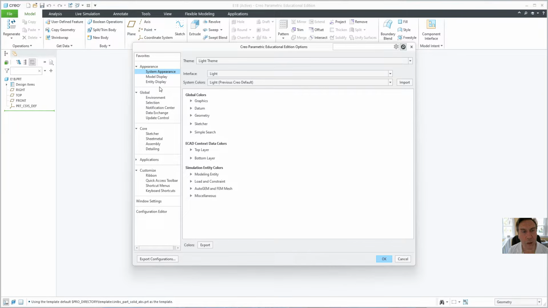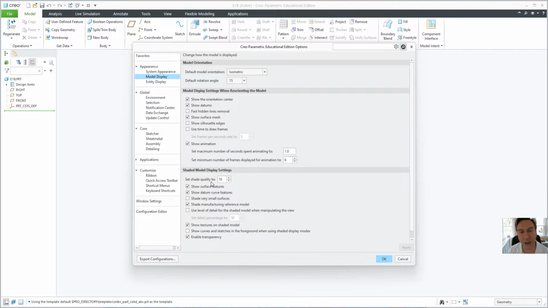Okay. Also, model display. Here you can set your quality if you have a very good graphics card, like a good gaming graphics card. Creo seems to really like NVIDIA's processors, especially CUDA cores. You could utilize those for its rendering package as well as its simulations. So just be aware. I have an AMD card in here, a professional AMD card, the Radeon Pro W6400, which is a great card, but unfortunately it doesn't use those processing cores, so it's kind of a downer. But anyhow,